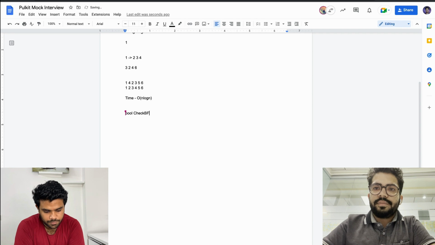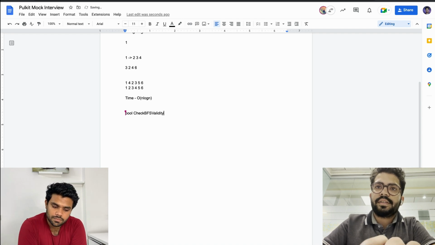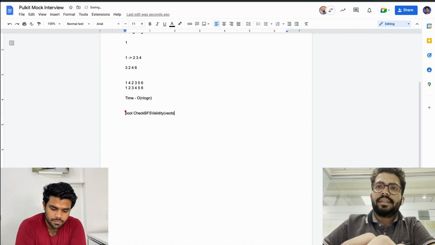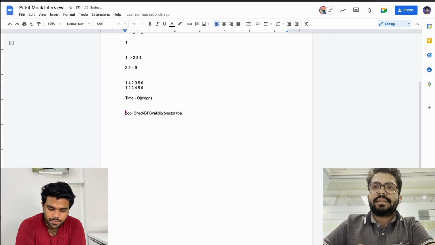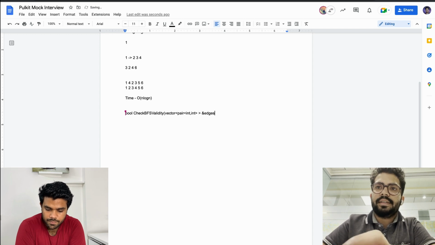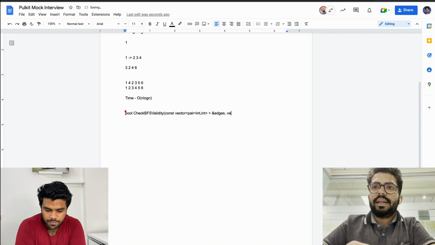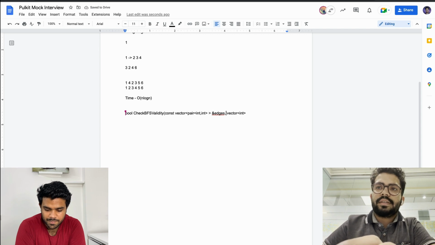So bool check BFS validity. You are giving me a vector of edges, so I'm assuming you are giving me a pair of int edges, and you are giving me a vector of int, which is the BFS order.